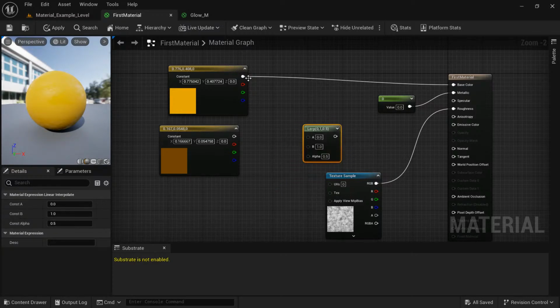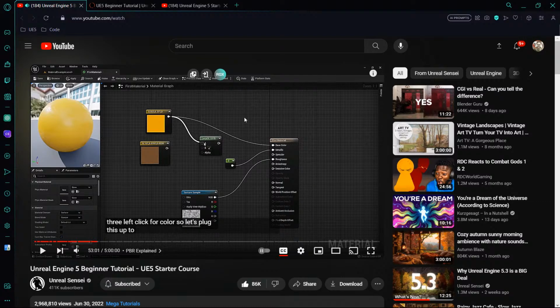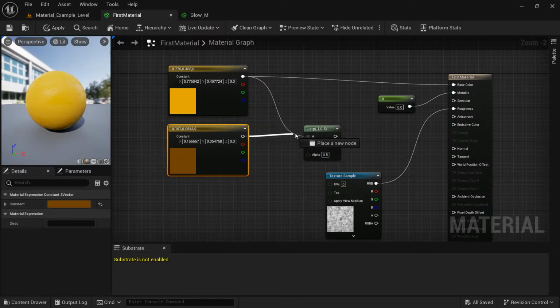So 1 and left click for scalar value, 3 and left click for color. So let's plug this up to A, plug the brown one to B, and for alpha texture, I want it to lerp depending on our original mask that's right now driving our roughness. So drag RGB into alpha and